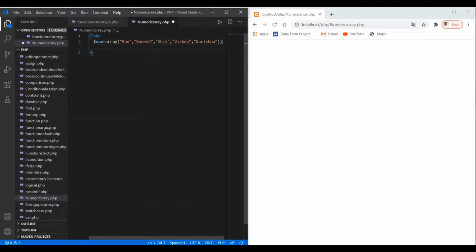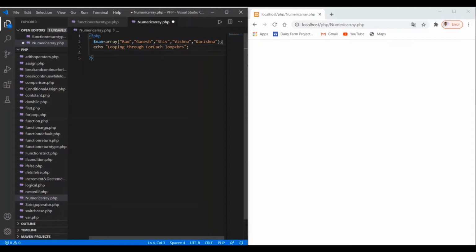Next, I'm going to display all the elements one by one. For this I'm going to use the foreach loop. Here I'm displaying a message with echo: looping through foreach loop. I'm using the foreach loop here, the fourth loop available in PHP. We have already done the while loop, do while loop and for loop in the previous video, but in this video I'm going to explain the foreach loop that is mostly used with arrays.